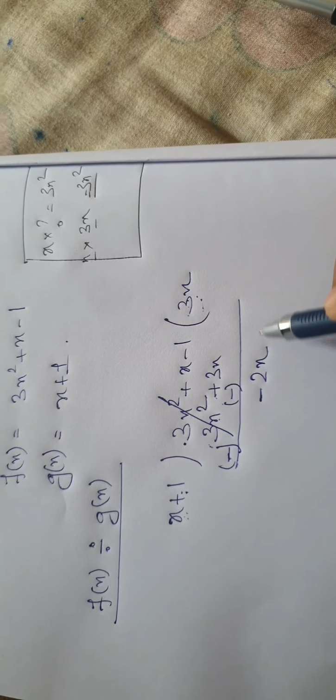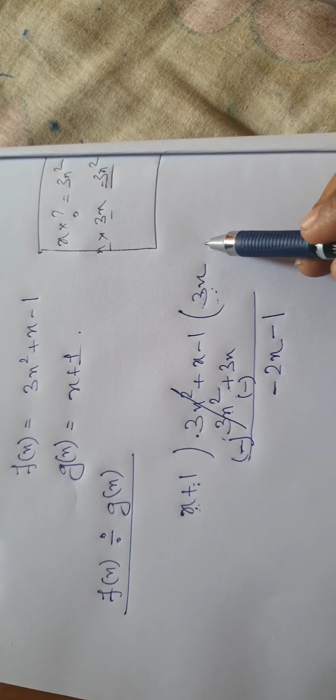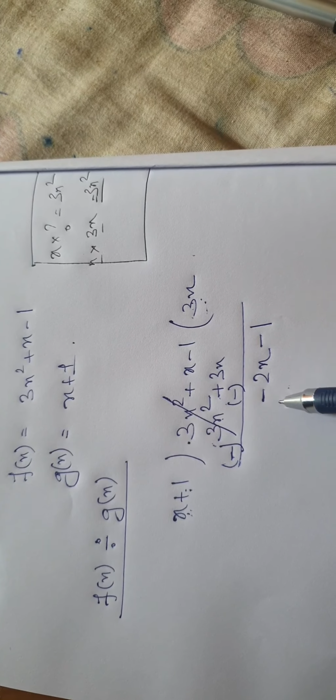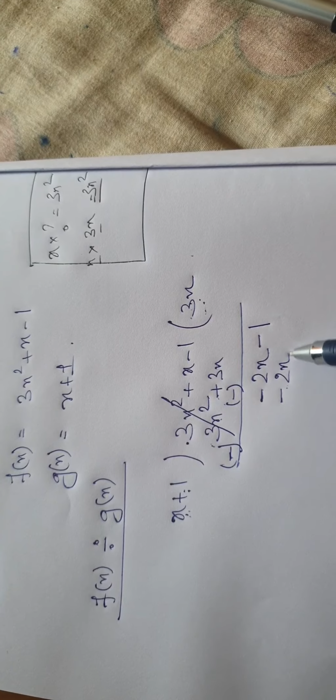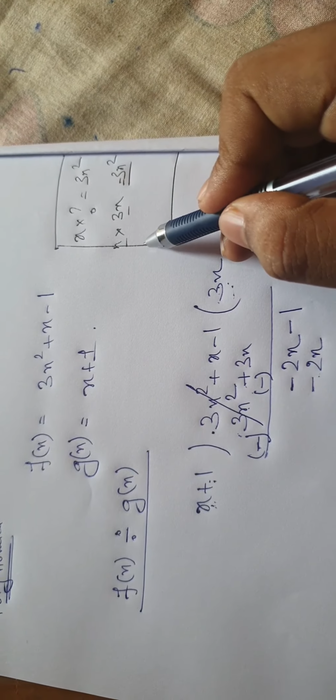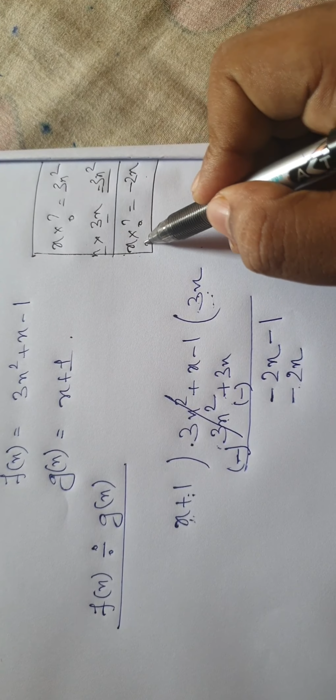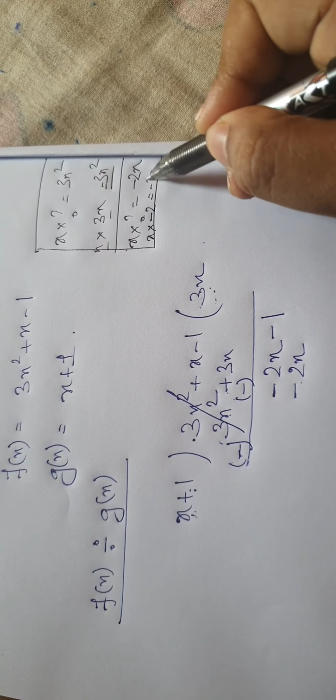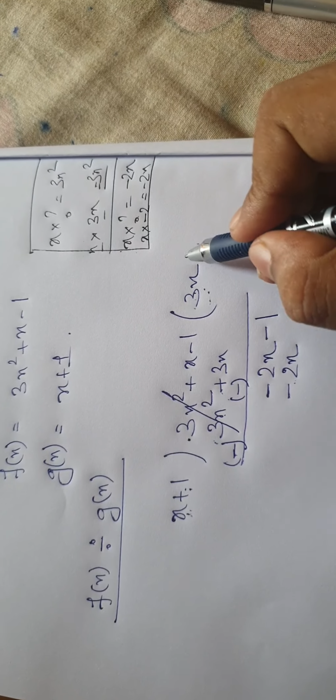Now you notice here you have minus 2x. So x into how much will give you minus 2x? You have to bring exactly minus 2x. That you have to understand. So x into how much should give you minus 2x? Definitely x into minus 2 should give you minus 2x. So I will directly write here minus 2.